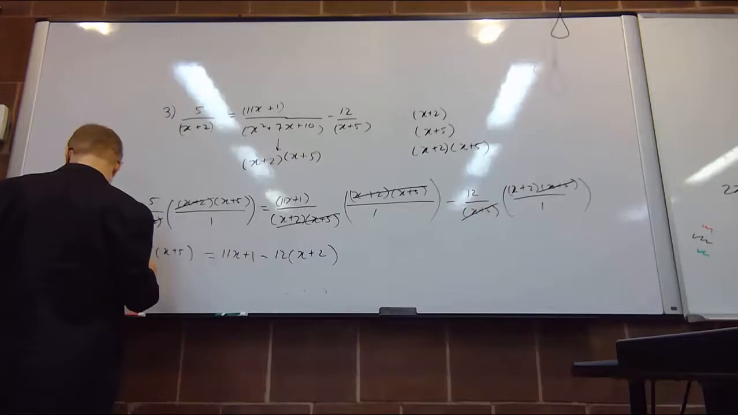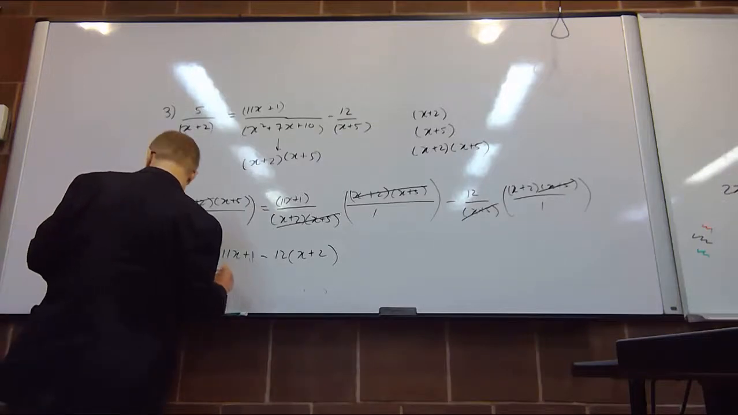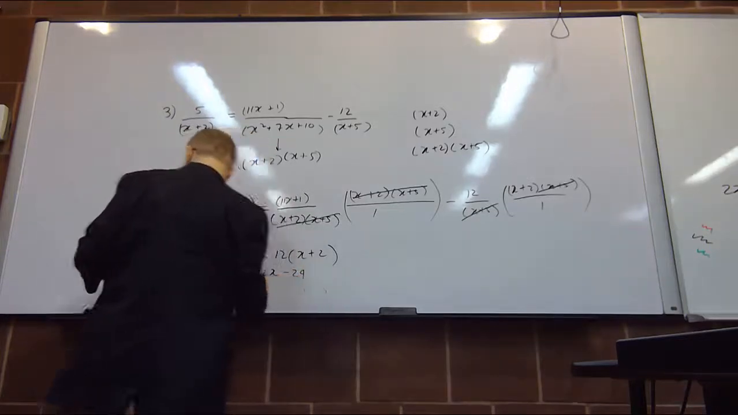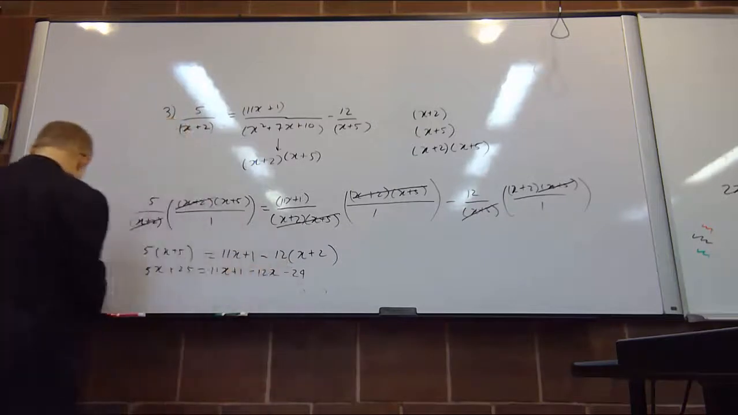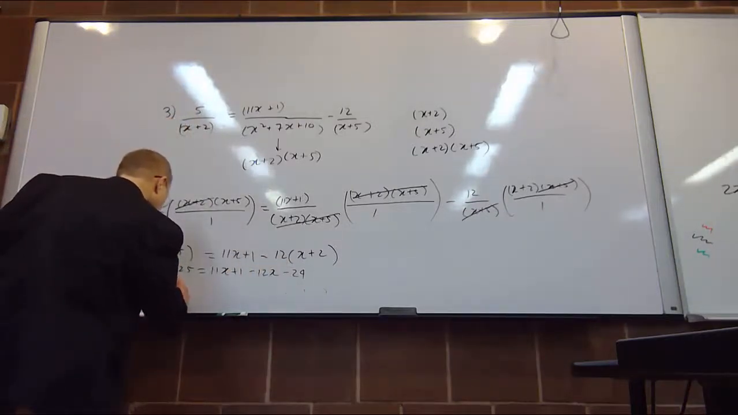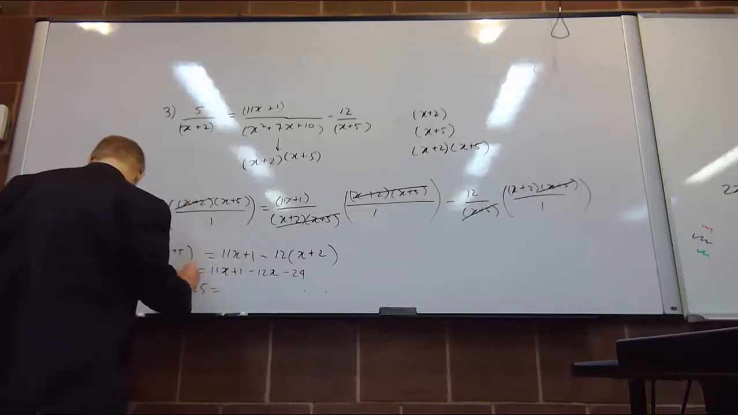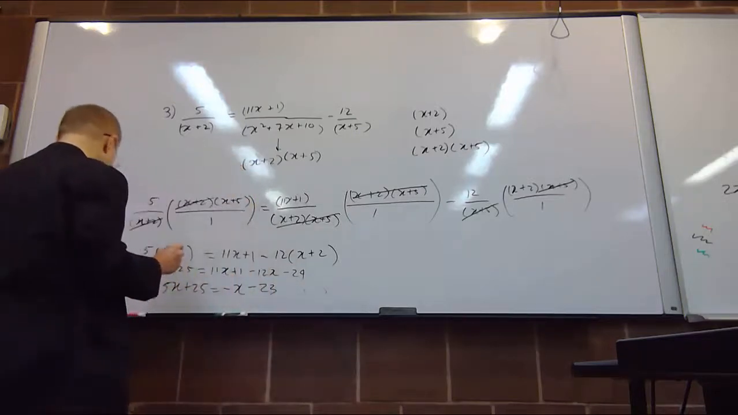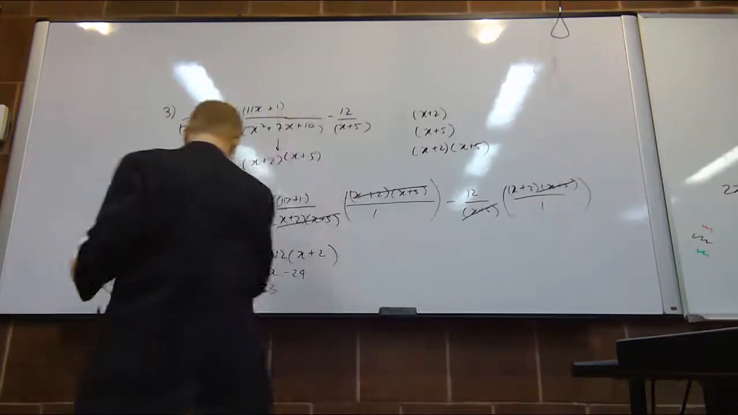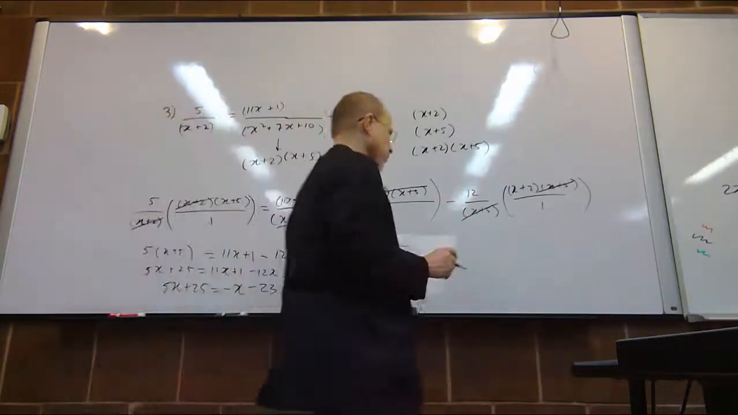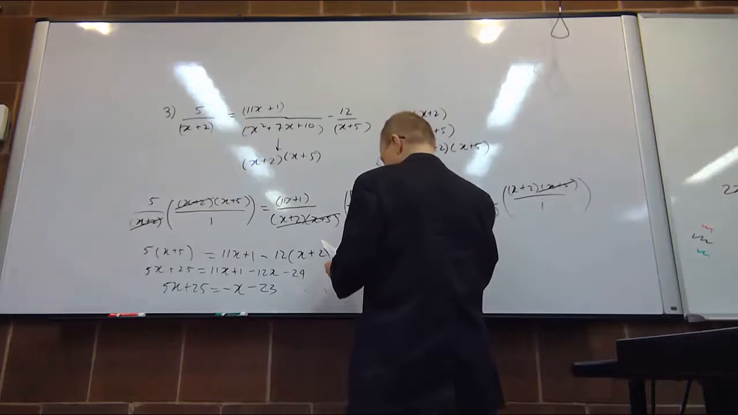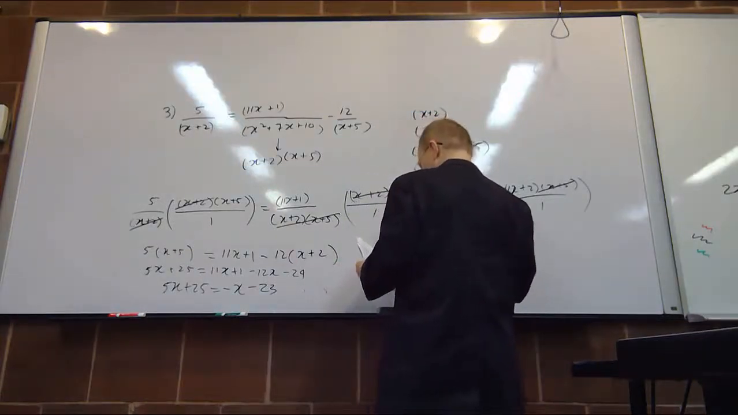Distributive property. So I get 5x plus 25 is equal to 11x plus 1 minus 12x minus 24. And then I put together the common terms. So I end up with 5x plus 25 is equal to negative x minus 23. And then finally, I end up putting everything. Remember, choose a side where you're going to put your variable, choose a side where you're going to put your constants, and then you find you get 6x is equal to negative 48,